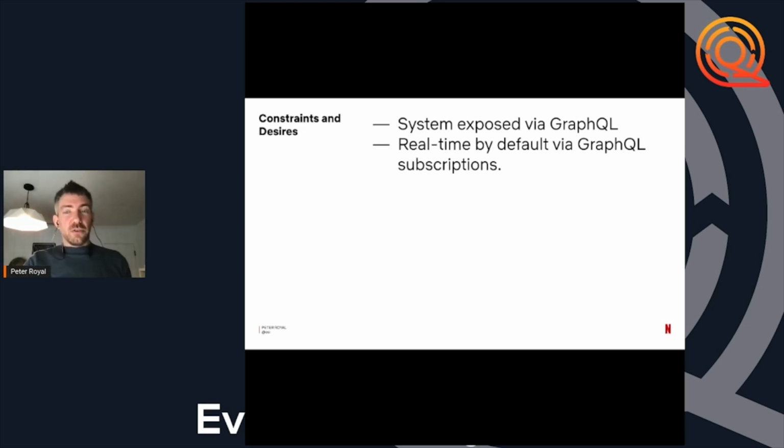Another GraphQL feature is subscriptions, which is a way for a GraphQL server to send out an event stream of data. The event stream is whatever the developer decides it is, but this is a mechanism for real-time changes out of a system.